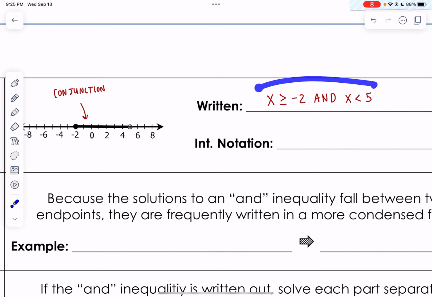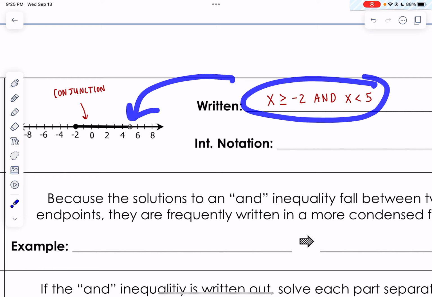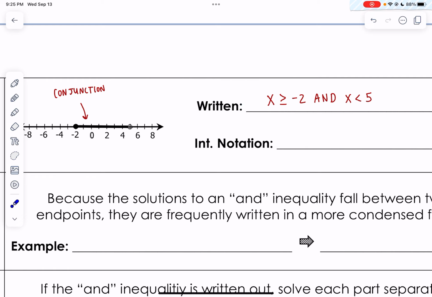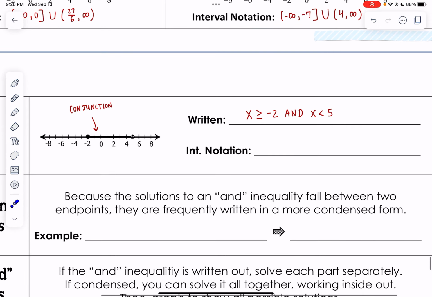And remember, this is coming from this specific number line. And now the only difference is that we have to put the and in the middle. And please remember that we are restricting our x values within this interval. Okay, so let's talk about the interval notation for that. So just based on looking at this graph, this number line, the interval notation would just be